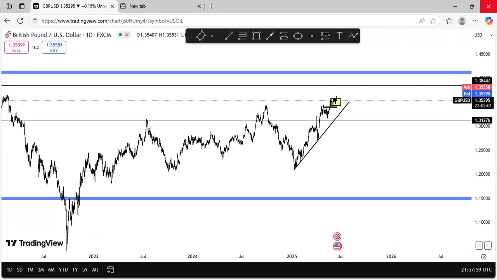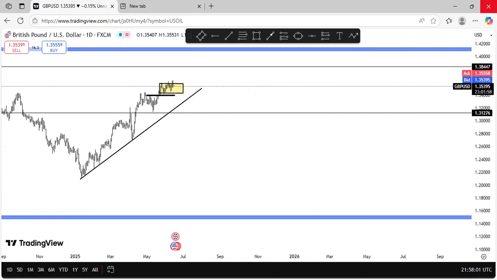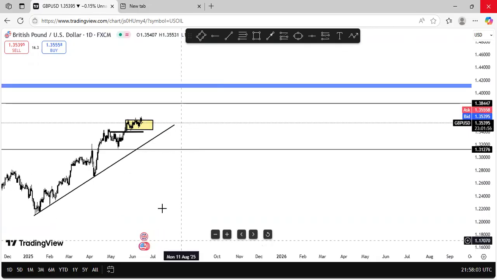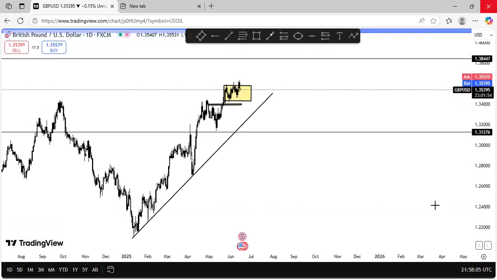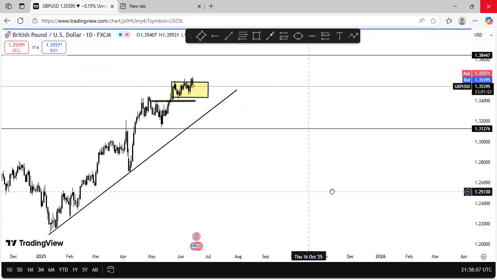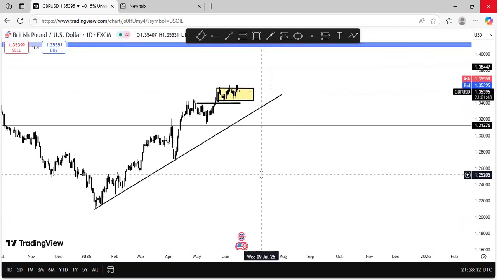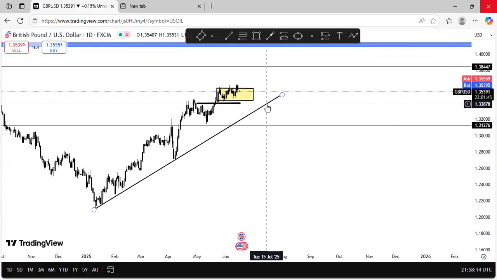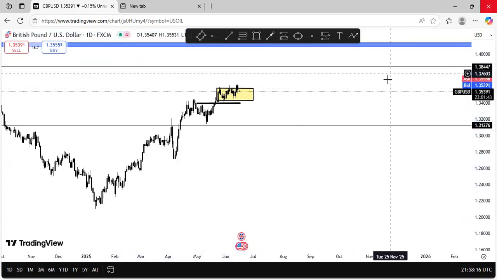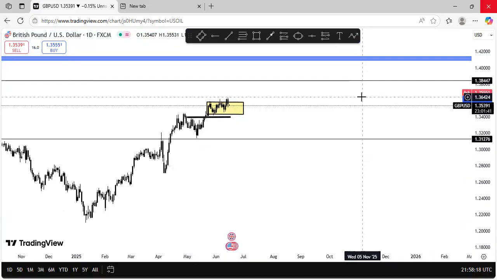All right, so what should we expect from this pair? That's the GBPUSD. At the point I'm making this video, it's the market opening. So since price is moving in an upward direction, we should expect to see more bullish momentum towards